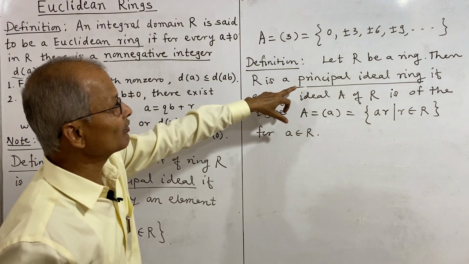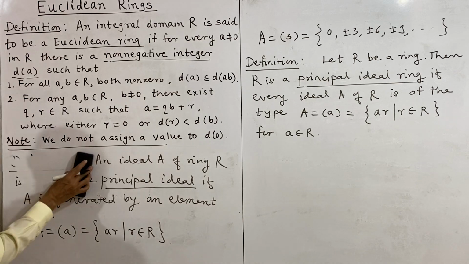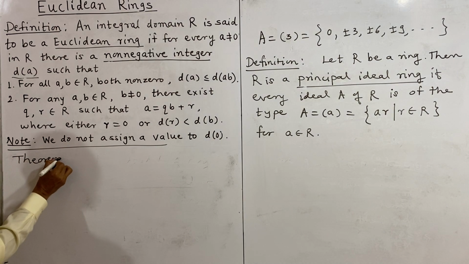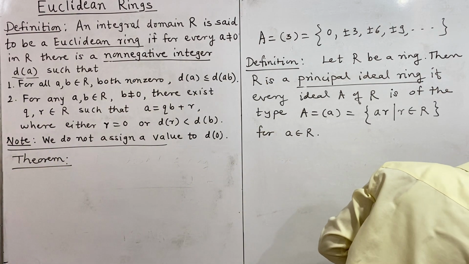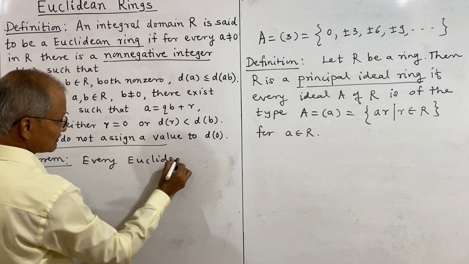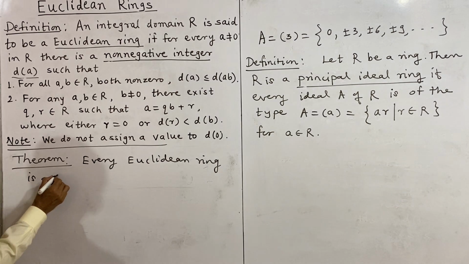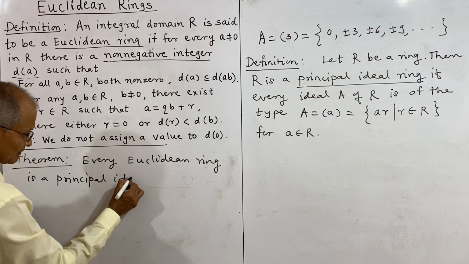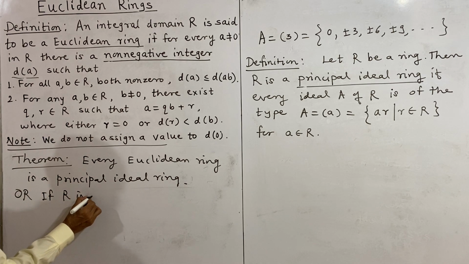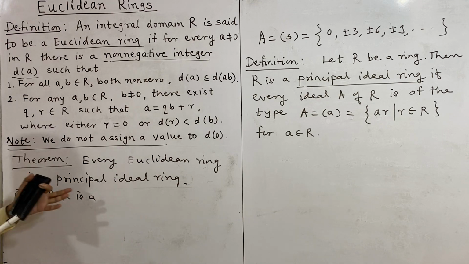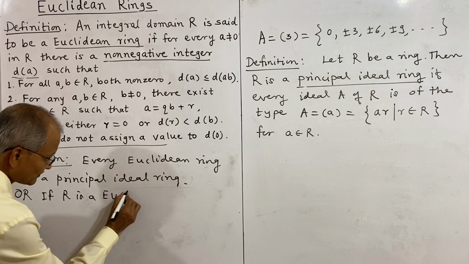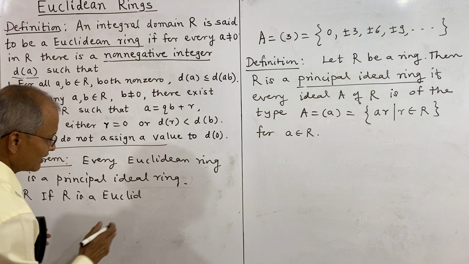Now we shall establish the relation between principal ideal ring and Euclidean ring as a theorem. The theorem states that every Euclidean ring is a principal ideal ring. Or if R is a Euclidean ring, it is a principal ideal ring, which means every ideal in that ring must be of this form. If R is a Euclidean ring and A is an ideal of R,